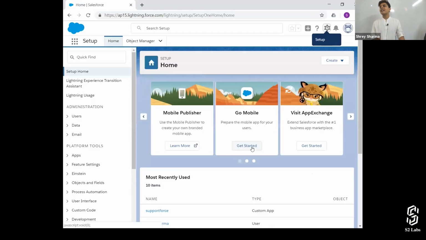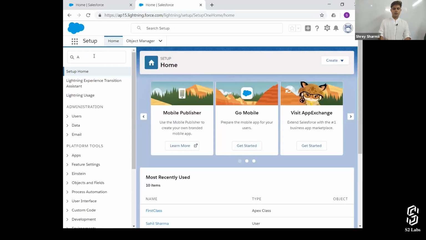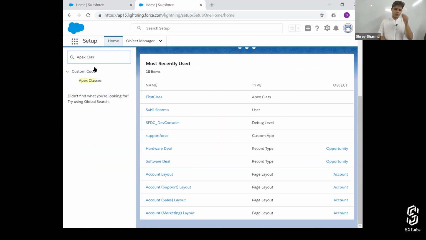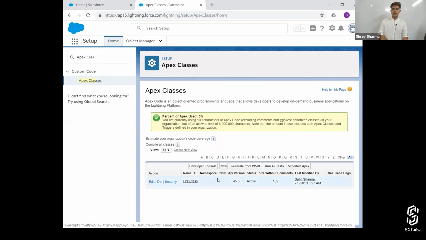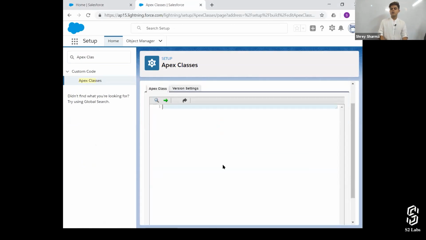So when you go to setup, you write Apex classes, and when you hit new in here, you get a code editor. This is a code editor.